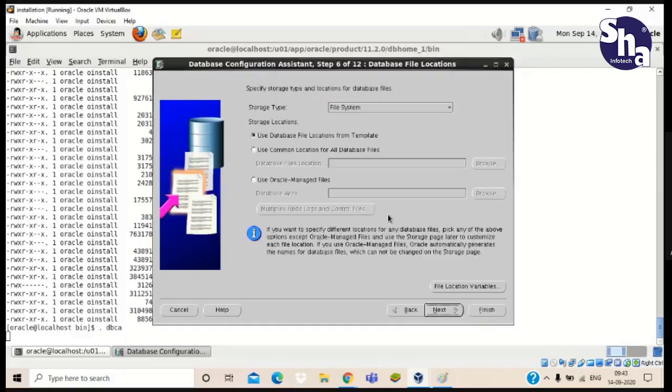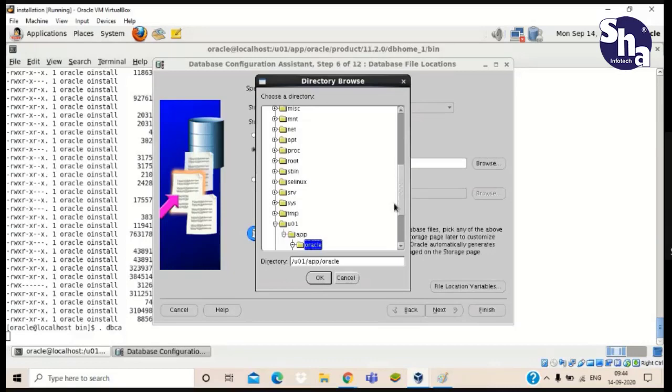After that, you have to give a common location for database files. I have told you that our database has control files, redo log files, and data files, where all the data is kept. So for that, we have to give a location where our data files will be. Give it here by browsing. Here you just select Oracle base, that is u01 app oracle.